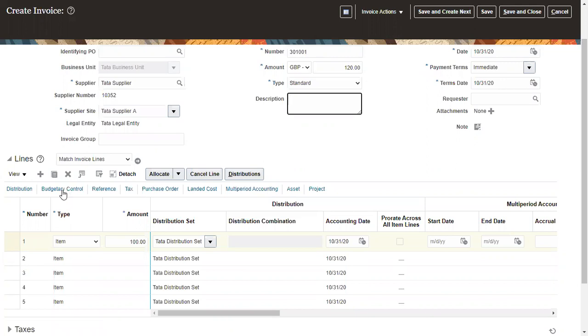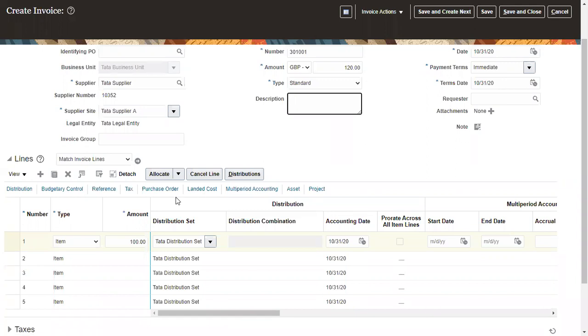And what are the other ones? Like multi-period accounting, I know whenever the invoice is for a prepaid invoice, asset, you have to mark it as asset. Then only it will move to your clearing account. But other options, I'm not aware. See, project will only come if you have done a project accounting setup. This instance is used by many, that's why project is coming. Landed cost is what? Whenever a product comes into your warehouse, if there are any other costs attached to it, that will come into landed cost.